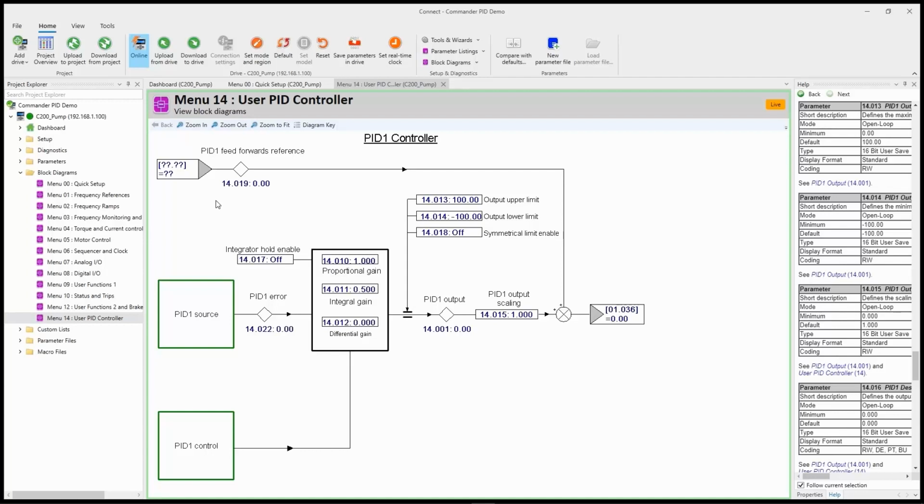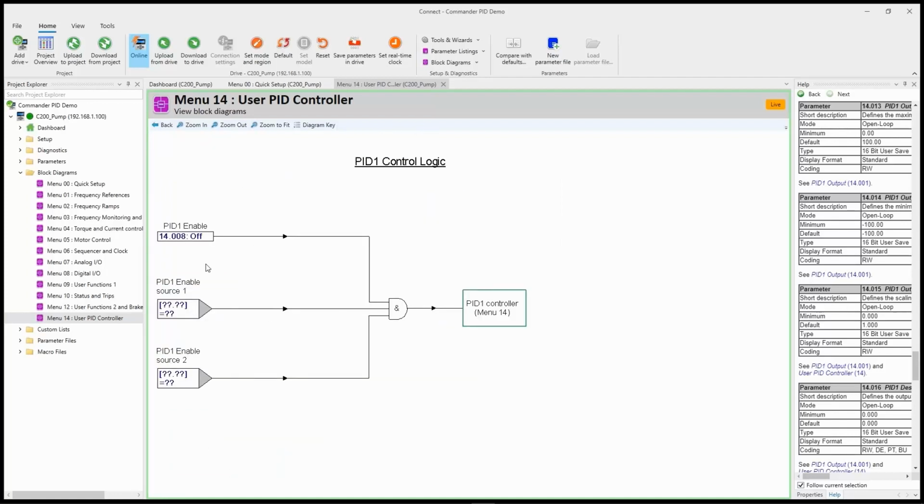But what I want to point out first is there are two submenus here, as indicated by the box that you see: PID control and PID1 source. I'm going to begin by opening the PID1 control. And menu 14 parameter 8 is PID1 enable. Now you probably didn't catch it, I didn't point it out, but when I put the drive in PID control, one of the other things that it did was it changed the control function for digital input 5,